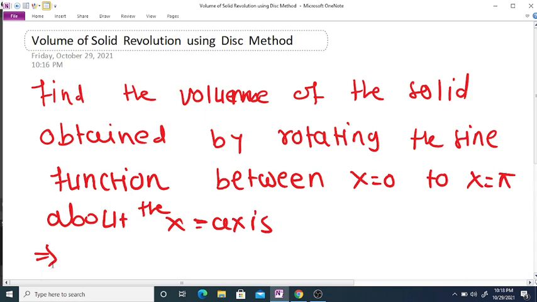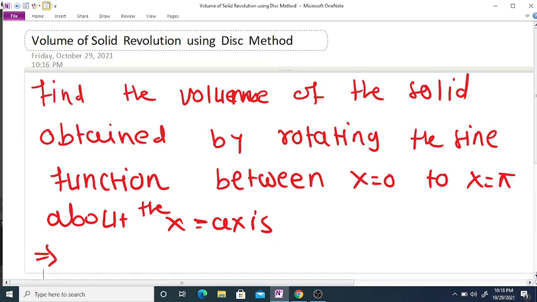So here we want to rotate the sine function between x is equal to 0 to x is equal to